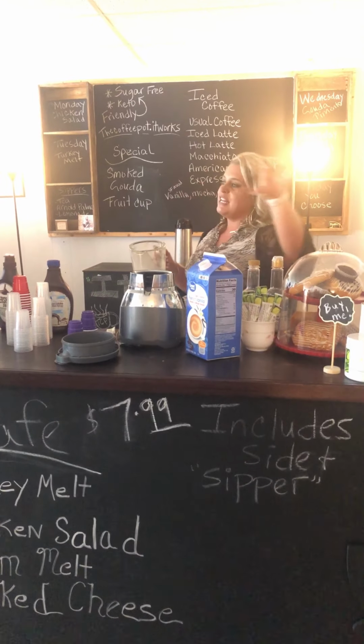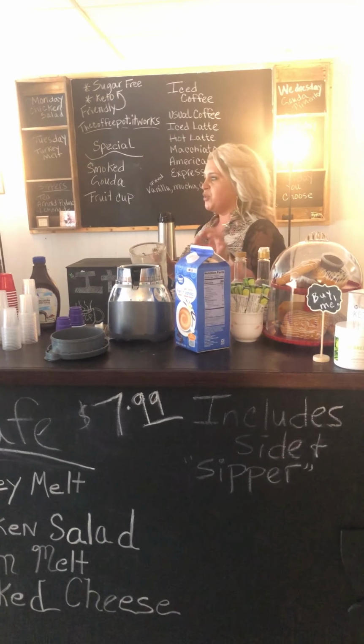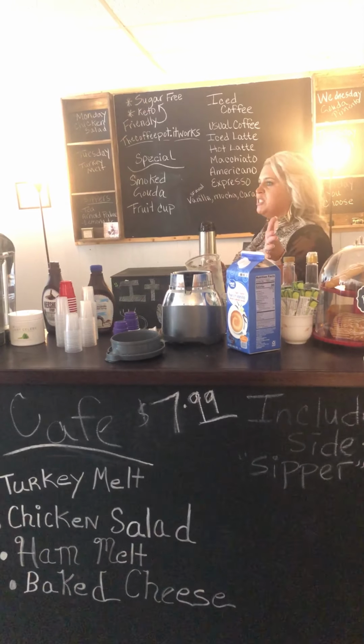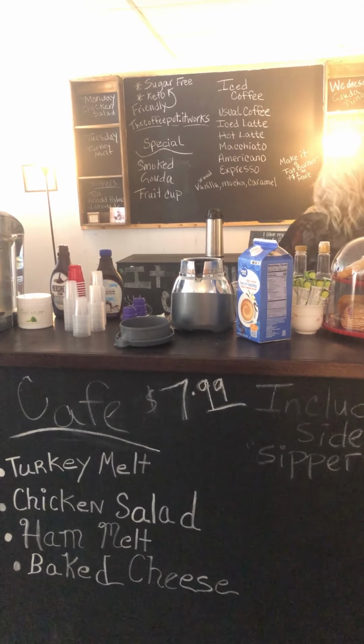Now, like I said, you can add any flavor to it. So iced coffee. What I do with the iced coffee is super simple. A lot of people don't understand the only difference between a hot coffee and an iced coffee is one you're using hot water and the other one you're using cold water. So I'm gonna do that and then you guys can take